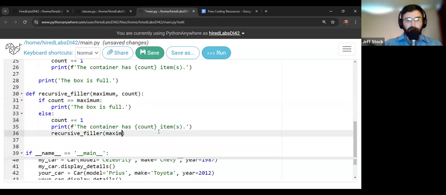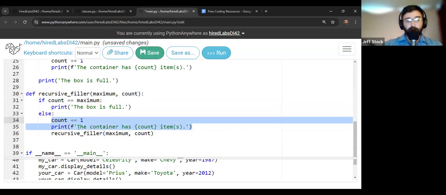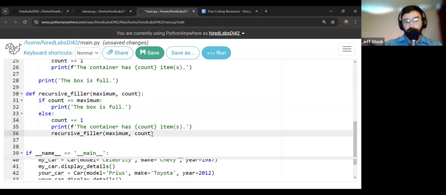So we're going to just pass our maximum, and we still call it by the same name because it's going to be the same number it was here, same number it was here. It'll remain that same number. And then we're going to pass it our count because it's the same number that was passed, except up by 1. And if we didn't do this little section right here, we could have just done count plus 1 directly in this, but this will give us our each step confirmation by breaking it out this way.